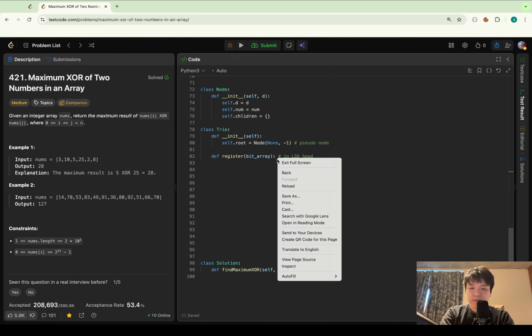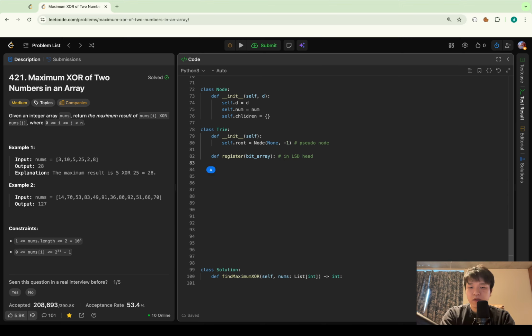So I have to go backward. So this is the current digit. And for num,